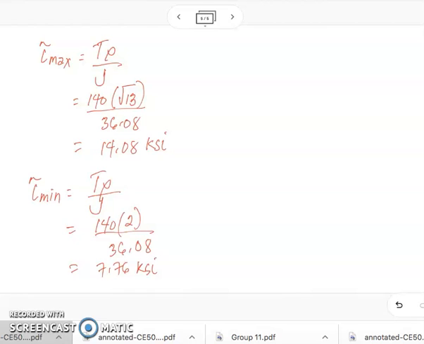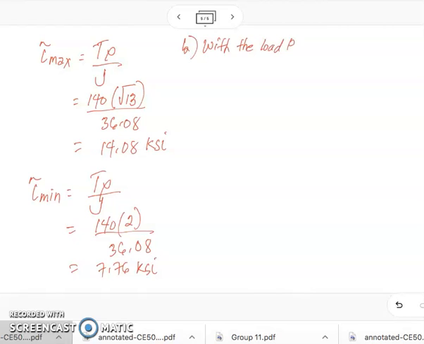It's either P will be greater than 14 kips or it will be less than 14 kips, meaning the value for P that will be added will be less than the load that is existing. We have a load from earlier, which is 14 kips. So the load P that will be applied can be less than or greater than 14 kips. So for letter B, we have 2 cases with the load P.